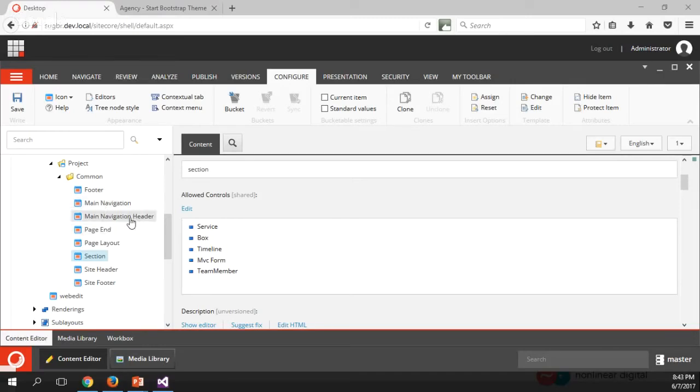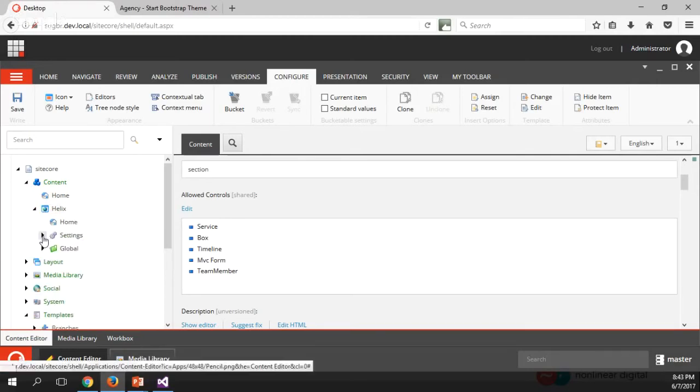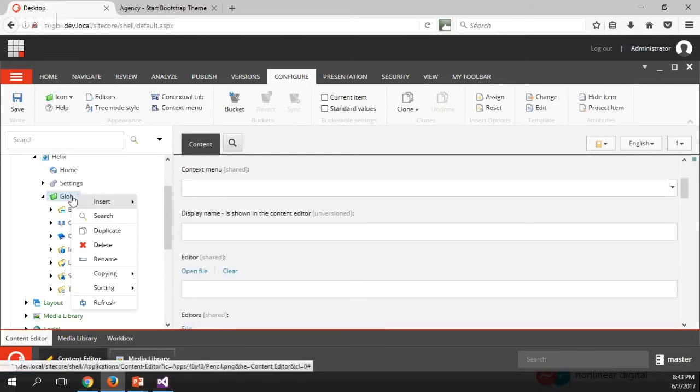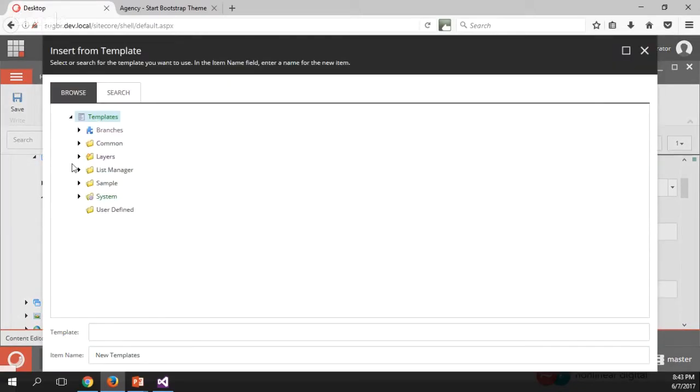Cool. So I will start with the content. We have here Helix Global, and I'm going to create the repository for my data source items here. Insert from template. I will pick